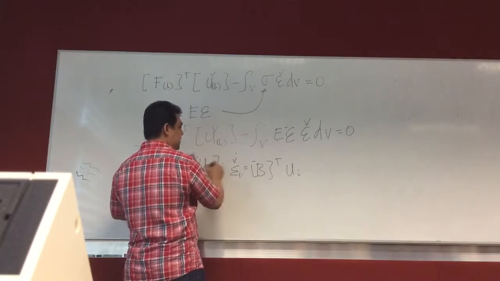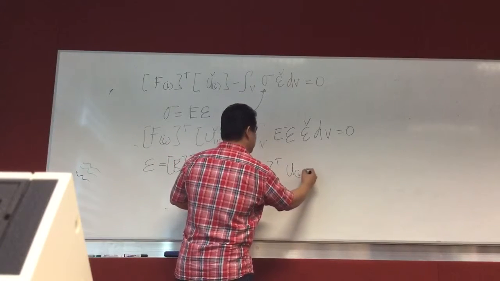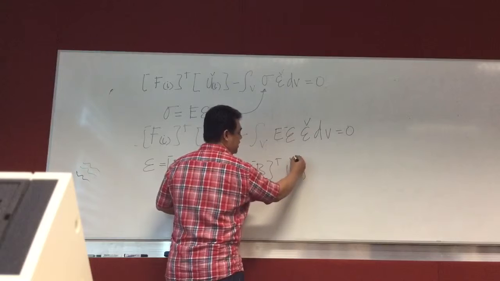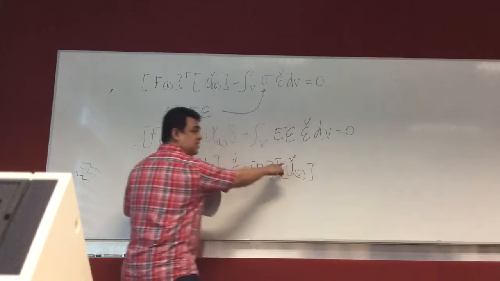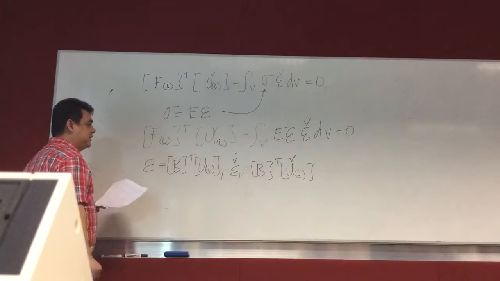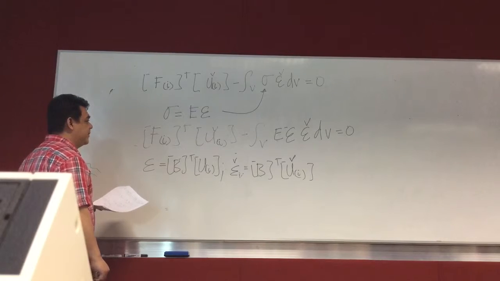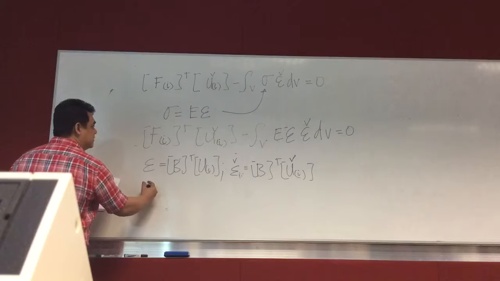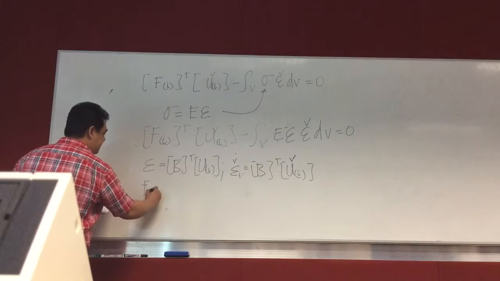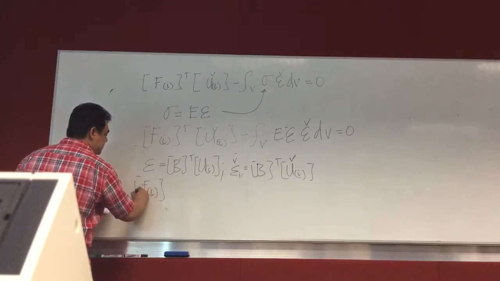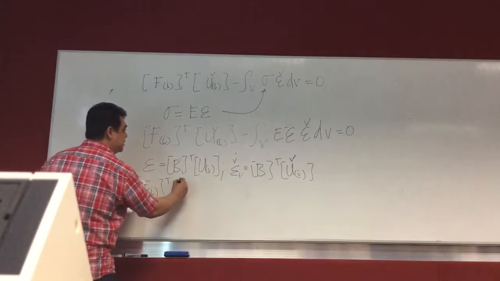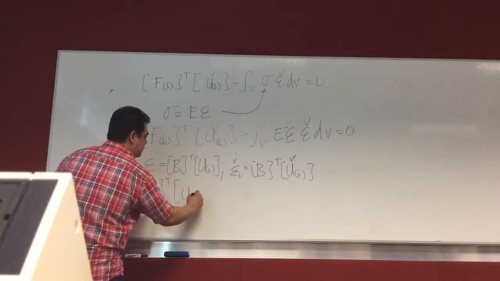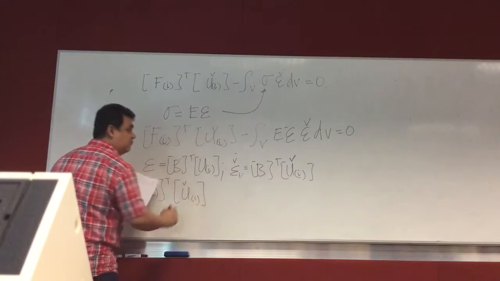Let's take this one as another vector. This one is your virtual. I'll take that as another vector. Okay? So let's try to substitute everything here. So I have now my Fi transpose ui virtual